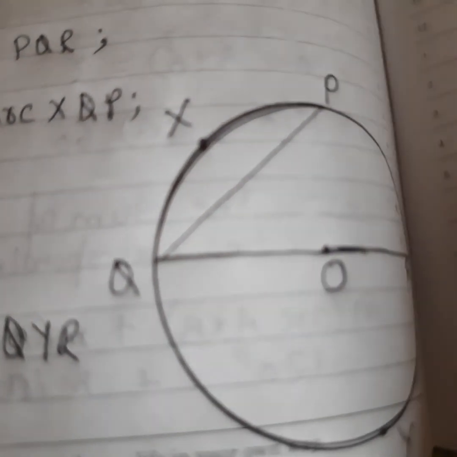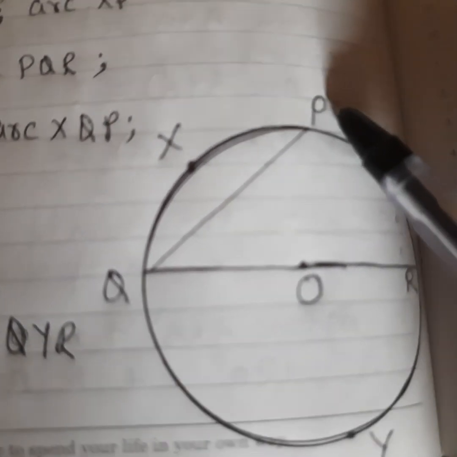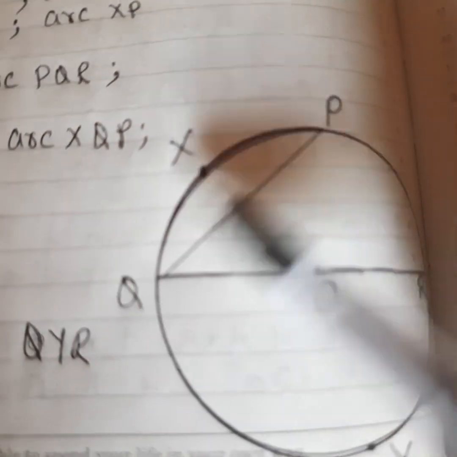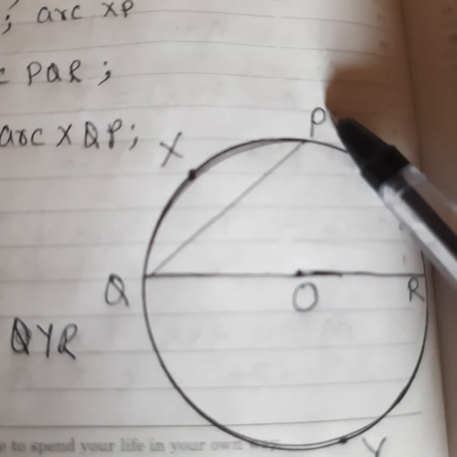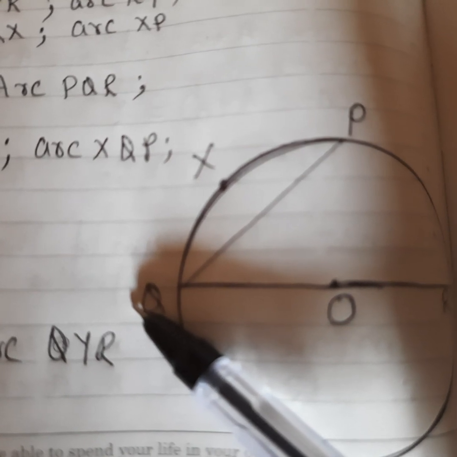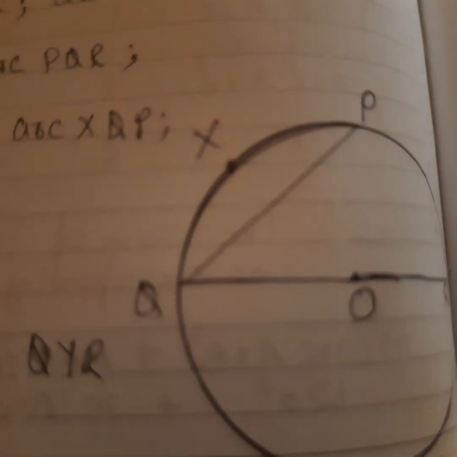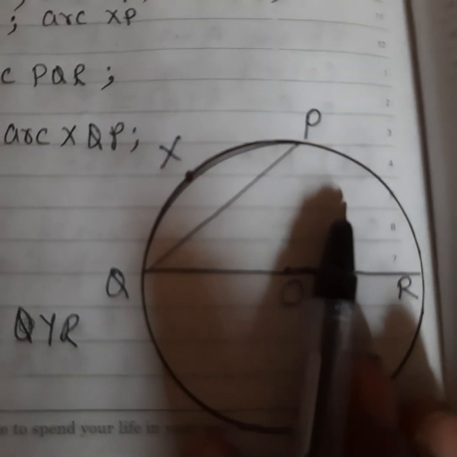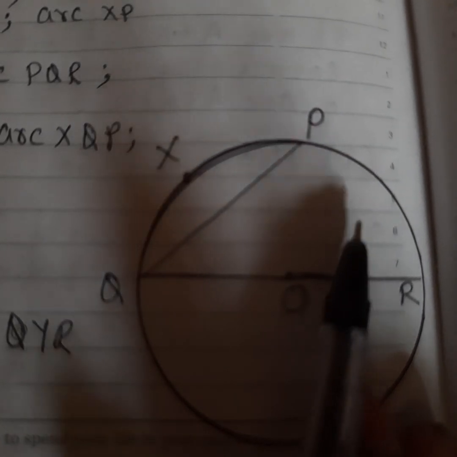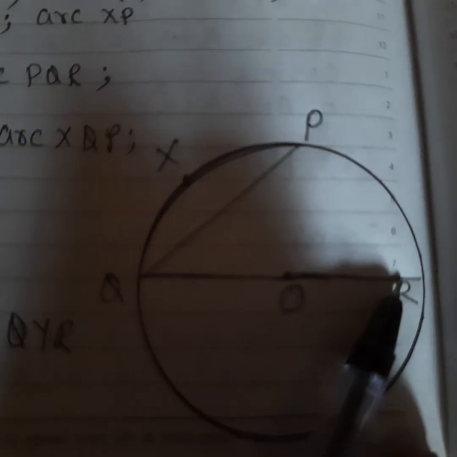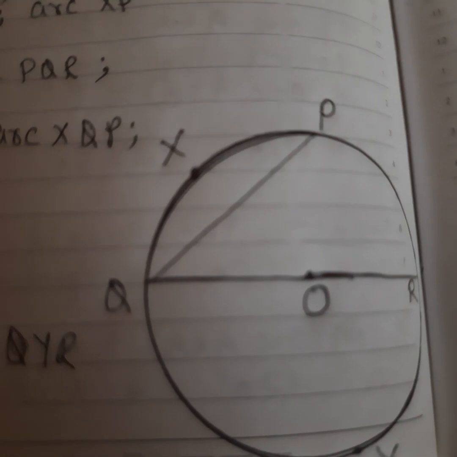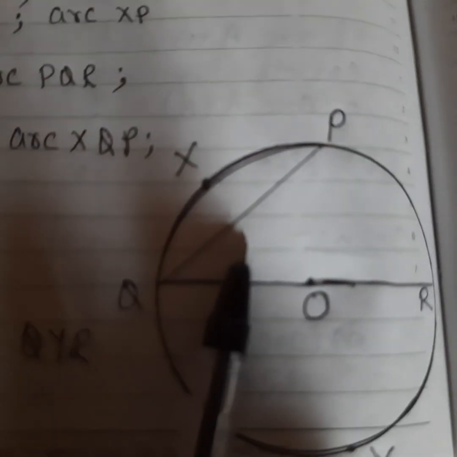So minor arc 1 very easily known is arc PXQ because this chord PQ. Because of chord PQ, endpoints P and Q, we can make out easily arc PXQ is a minor arc. Okay. Now what are the other minor arcs? Let us find out other minor arcs, children. So other minor arc, you are already aware, we can also take 2 letter. Okay. So in the case of minor arc, we will take 2 letter arc. Arc PR. You can see this part of the circle because arc means what? Just the part of the circle. So PR is one of the minor arc.